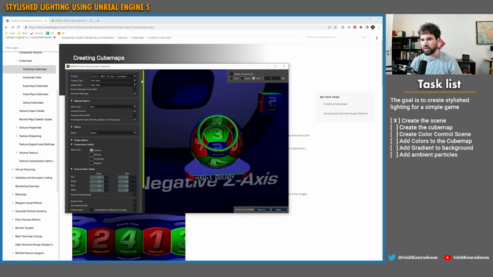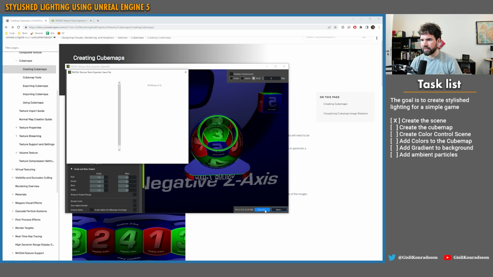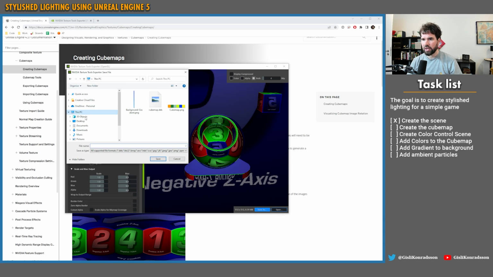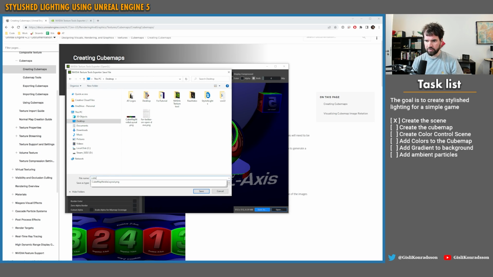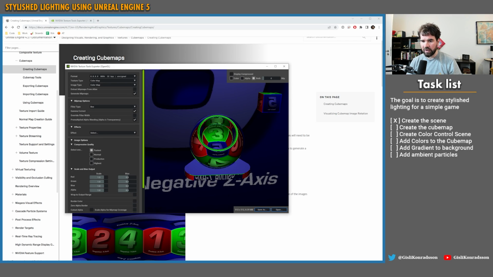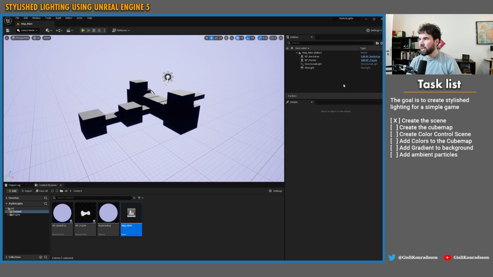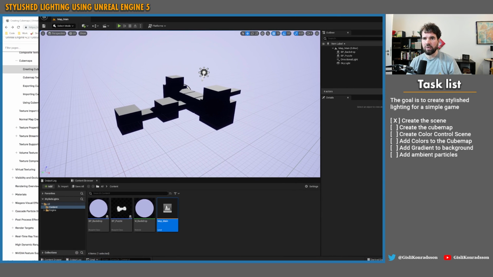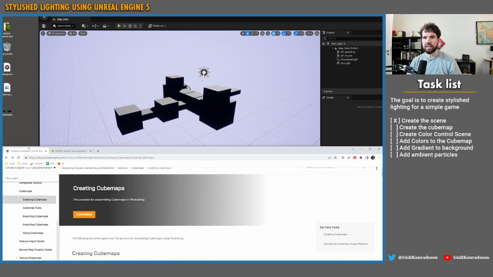So that's the one here. Here on the bottom right you have the Save As button, and let's go back here and save this as our cube map .dts. The file format that we're using is called DTS. So now I've saved this to the desktop, and all I have to do now is just go ahead and